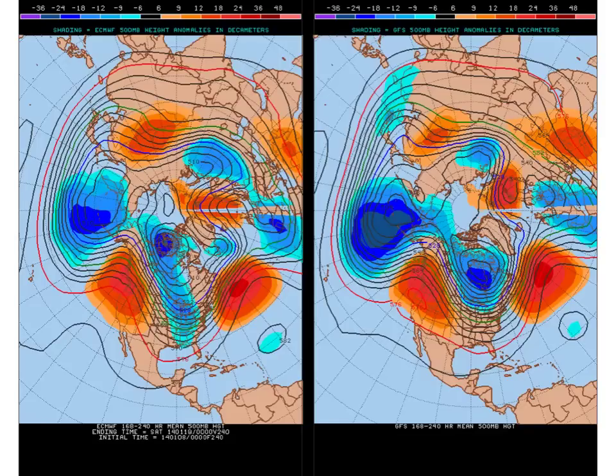Now, the reason for this is a change in the circulation pattern in the atmosphere, and this has been hinted at for several weeks now. We've got the ECMWF on the left here, we've got the GFS on the right. These are the 7 to 10 day means of the 500 millibar flow. So we're taking the period from next Wednesday through to next Saturday, the 18th, and averaging out the two